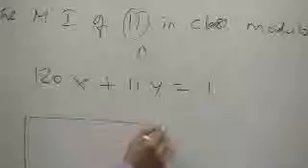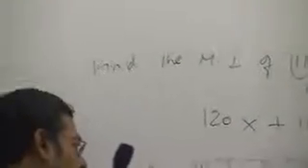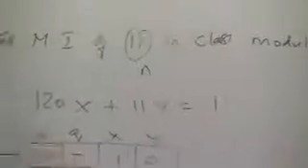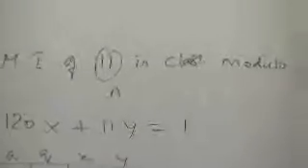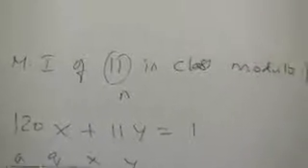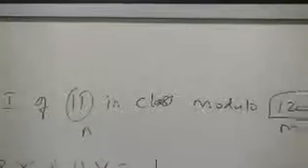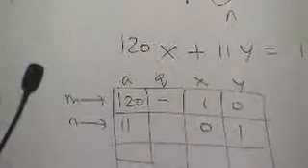So you write that chart. Now you can do it in one chart itself. This is 120, this is 11, this is your m and n, and this is your q, x, y coordinates, this is your implementation step. So let's do this. How will you proceed? Find the quotient, right? How will you find the quotient? 120 divided by